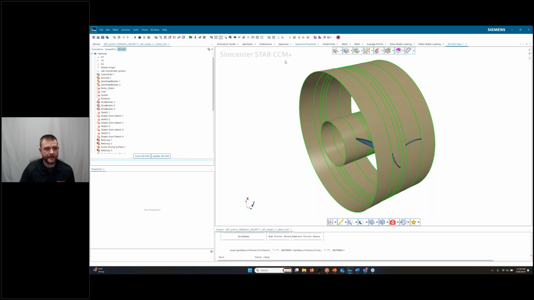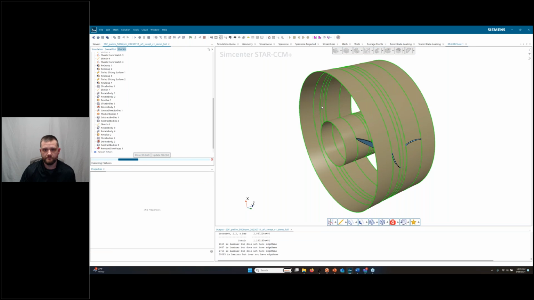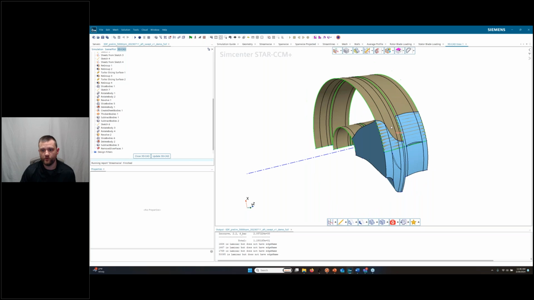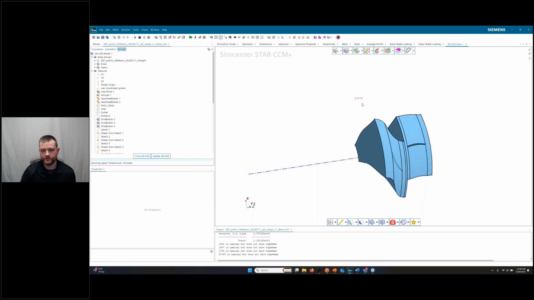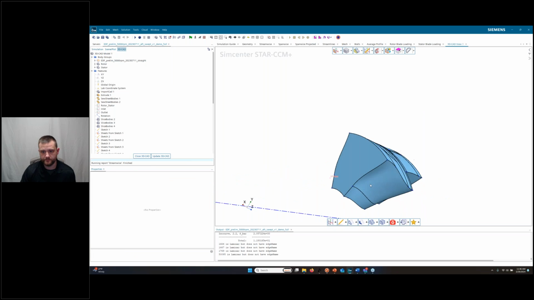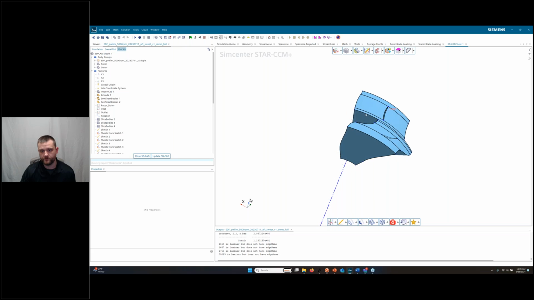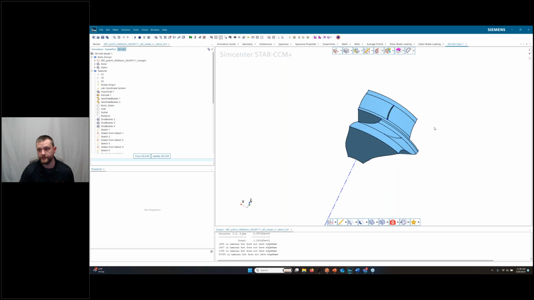Then if I do that, everything propagates to the end, and what I end up with is my final flow path geometry here. I'll hide this, which is these nice periodic regions. And these will be great for doing my nice automated hexahedral meshing in the Star CCM solver or mesh solver.